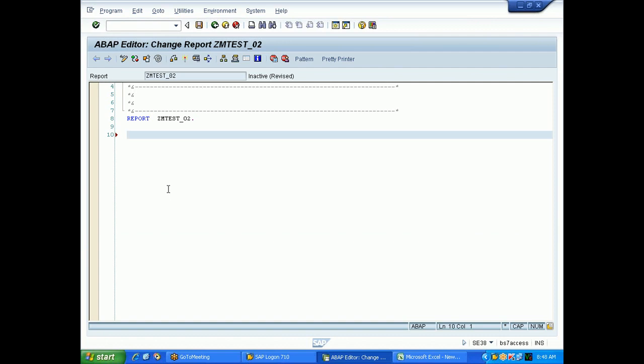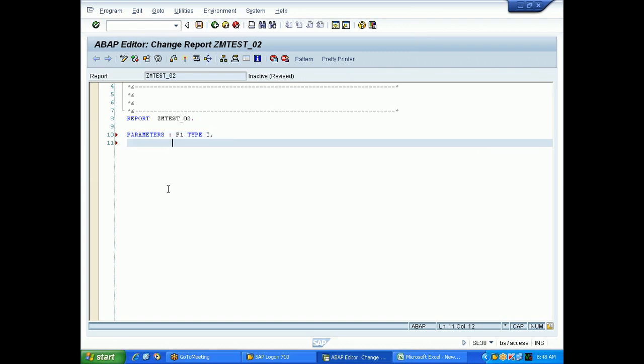The user will give two inputs. That means he will give two numbers, 10 and 20, for example. I want to add those and display the output. How to do this? I will say parameters P1, give any name, P1 type I, comma, because I want to give two parameters, I am separating by comma.